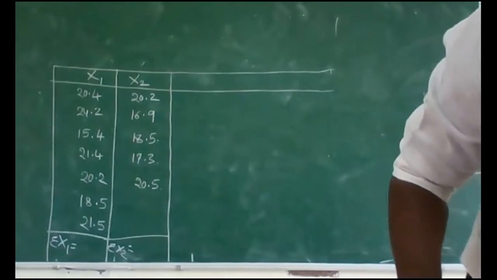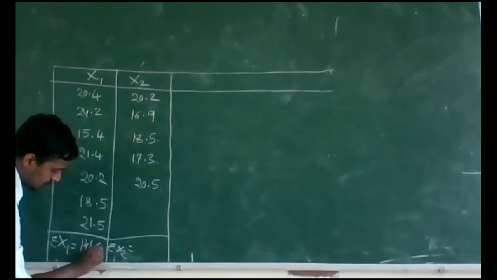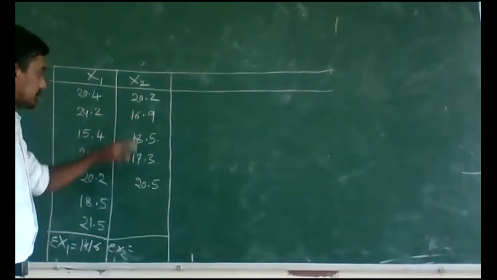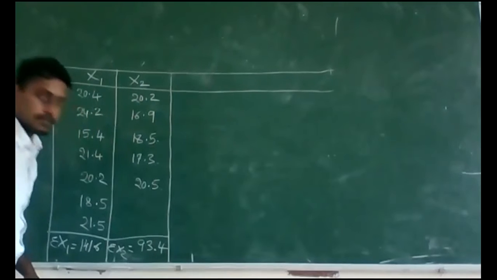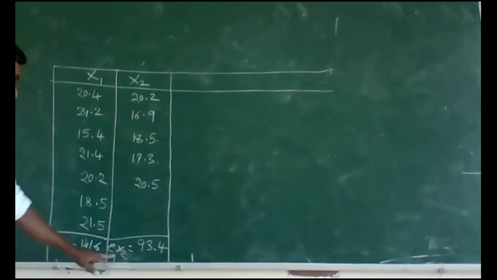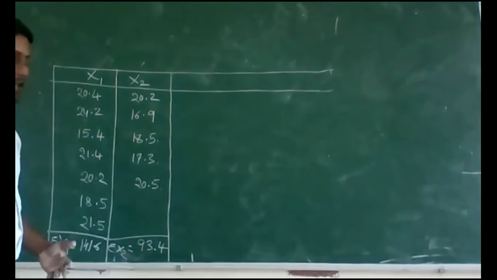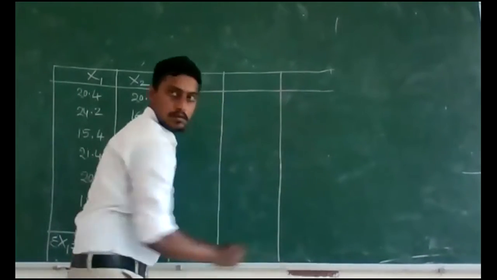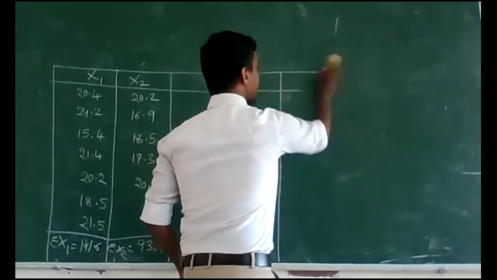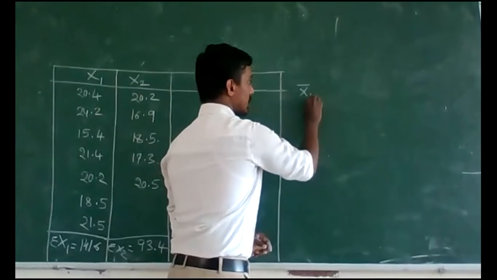141.6. First sample 141.6. Then 93.4. So that is the total sum of x1 and sum of x2. From this detail we can find out the sample mean. First find out x bar